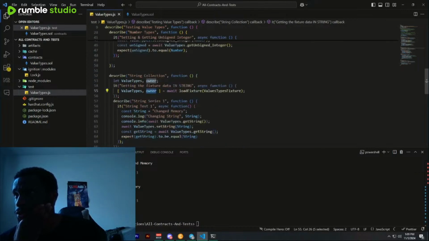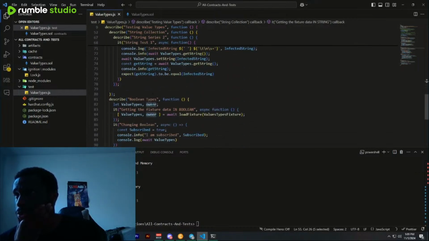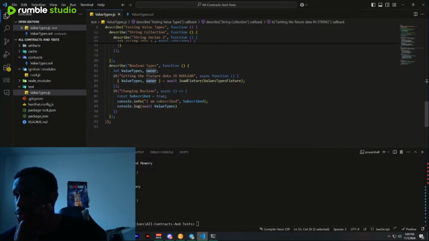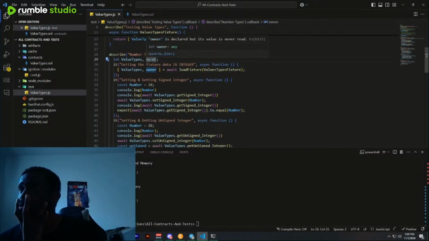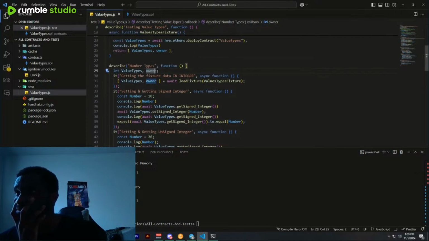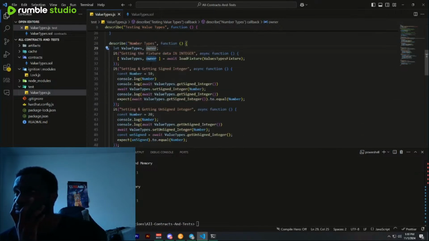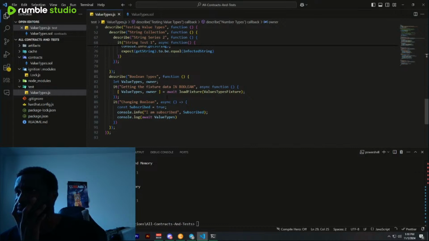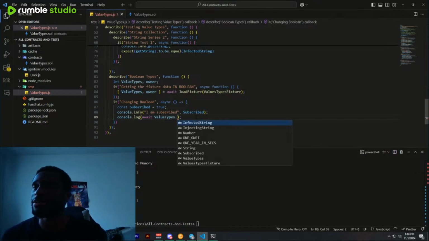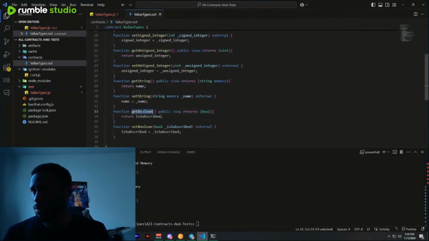Use owner here. Wondering why owner. Check here, string. It's going to be speculative in your coding. All right, so spit it. The name is